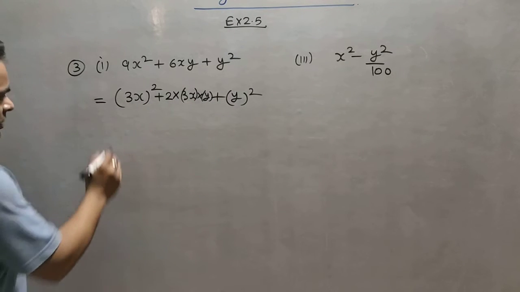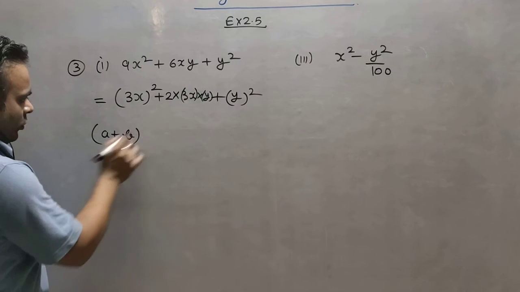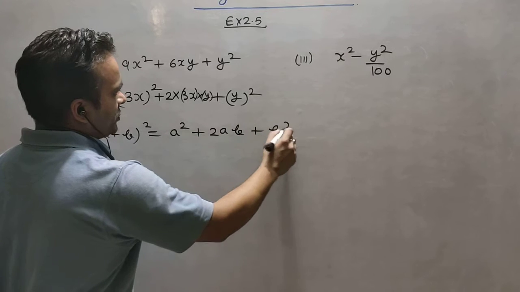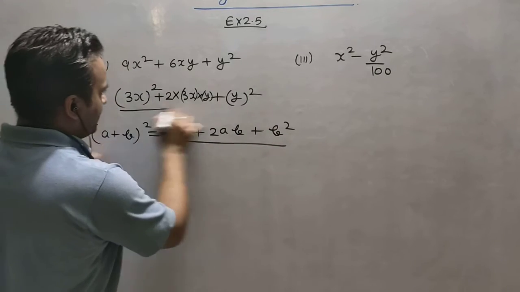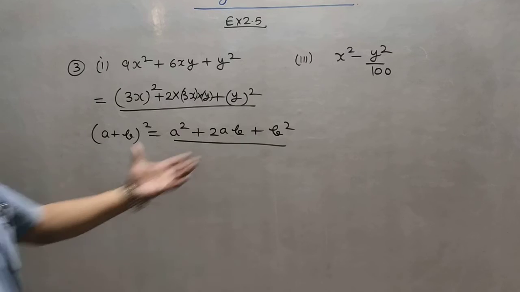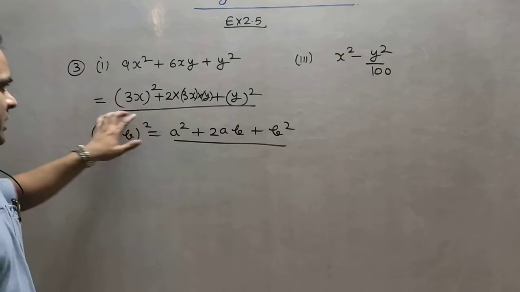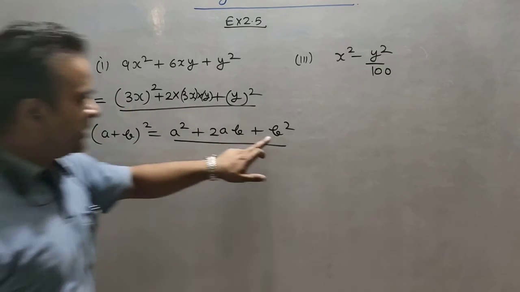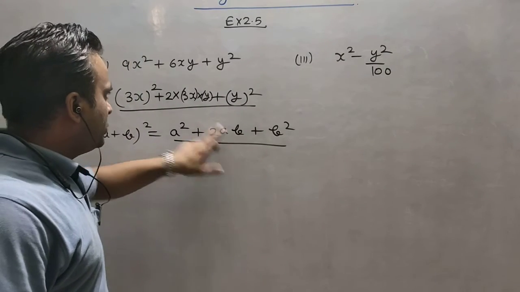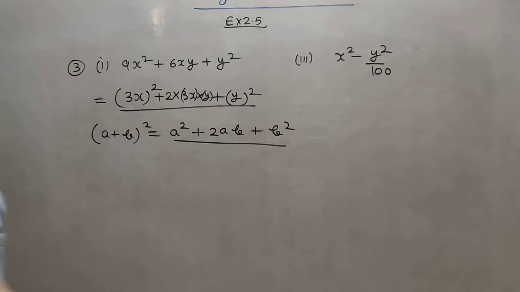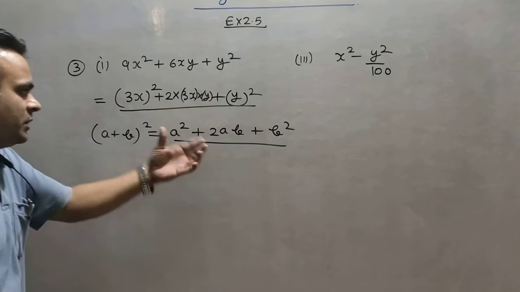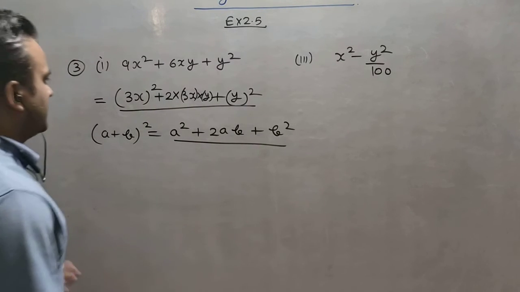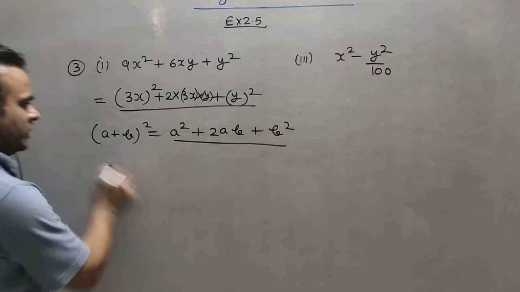Okay, now try to see this one. A plus b whole square, it is a square plus 2ab plus b square. Are you seeing this one is there? We can see this particular expansion in this particular form. Square of first one plus square of second one plus 2 into product of both of them. It means this particular expression we have written in the expanded form of this identity, right? So now can we convert it back to this?